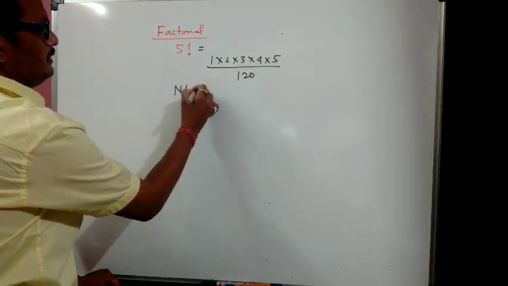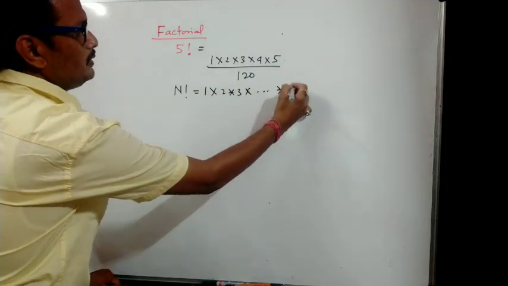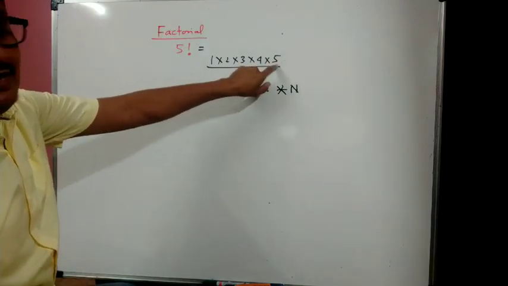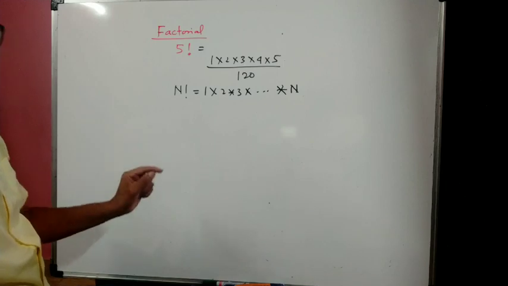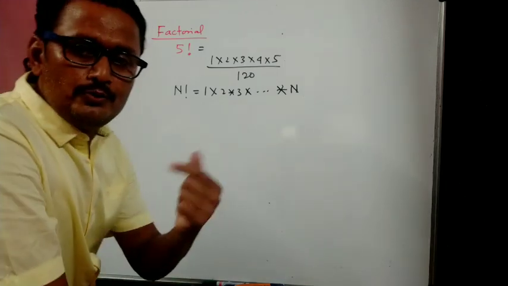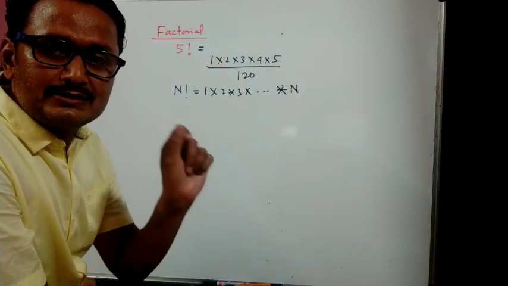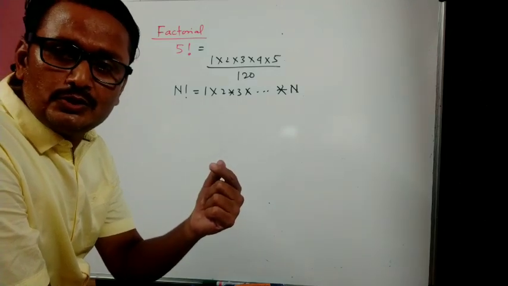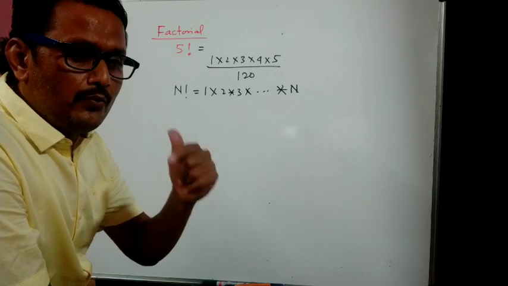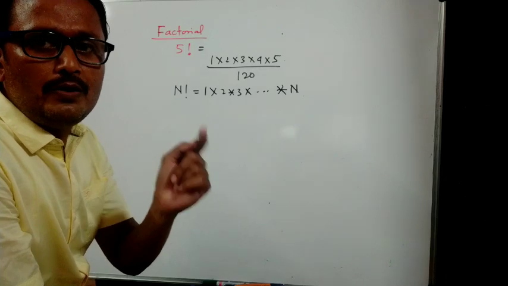So factorial of n means what? 1 into 2 into 3 into dot dot dot into n. So the starting value is 1, the ending value is n, here 5, and the increment is 1. Factorial means multiplication, and when you multiply numbers, your s will be 1. You have to initialize s as 1. If you initialize s as 0, then when you multiply any number, your answer will be 0. That's why when we add, s will be 0, but for multiplication, s will be 1.